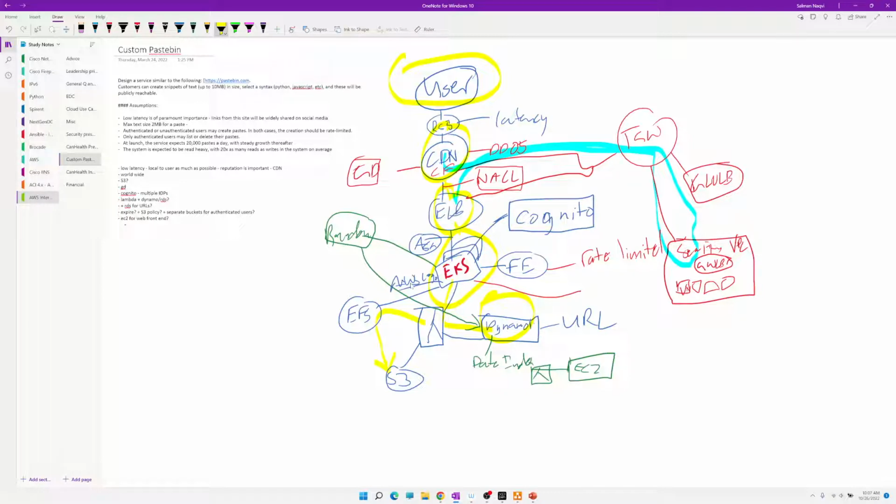And if you want to utilize software from Cisco or Palo Alto for packet inspection, we'll send it through a transit gateway, which would send it through a fleet of firewall virtual machines, etc. So, we don't have to get into the details of this particular design or scenario, but